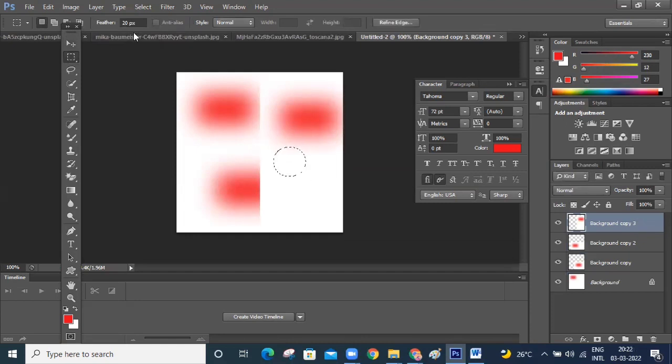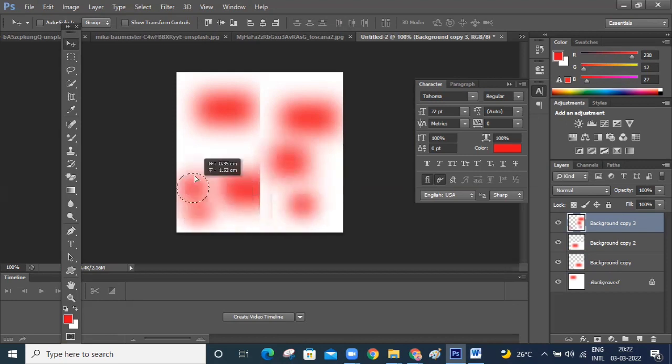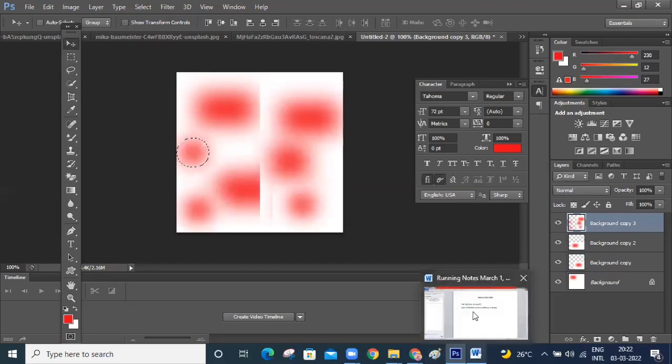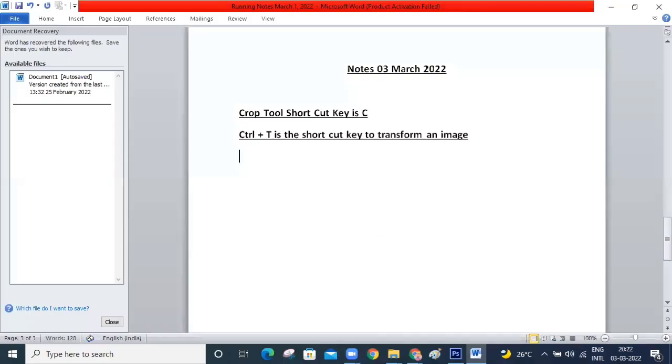Please don't take it personally. Alt Backspace. Companies, we are one big family. But when it comes to the crunch now. Click on Alt and drag, duplicate will come. This is also another option. Note down right here. Sorry. Please get back on call. Control plus J for duplicating an image.